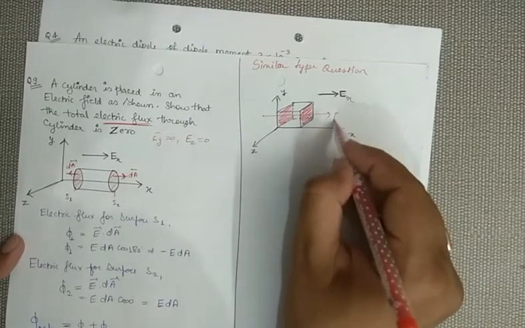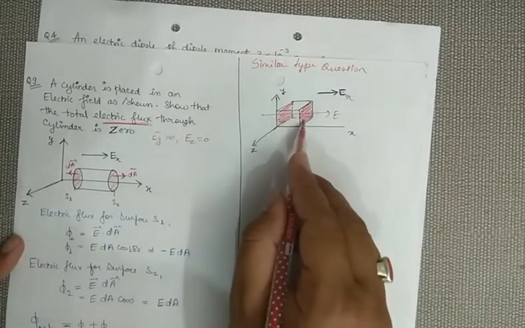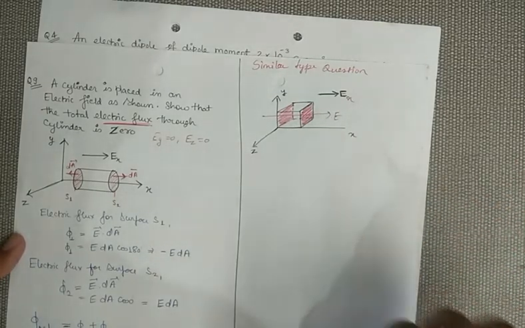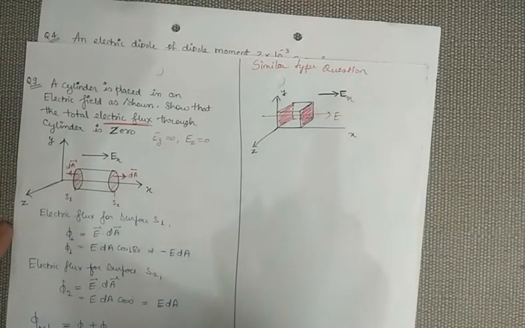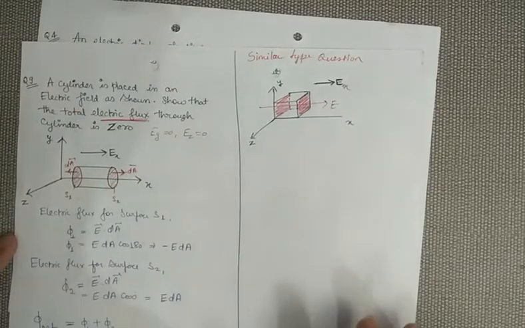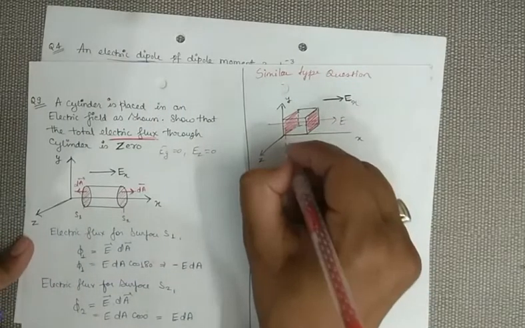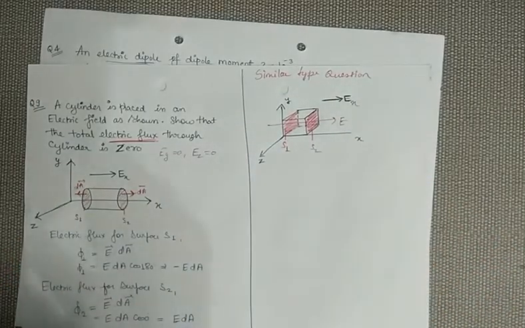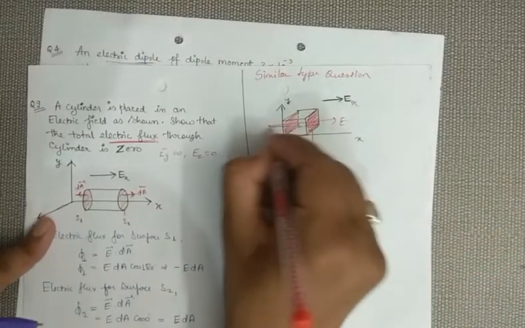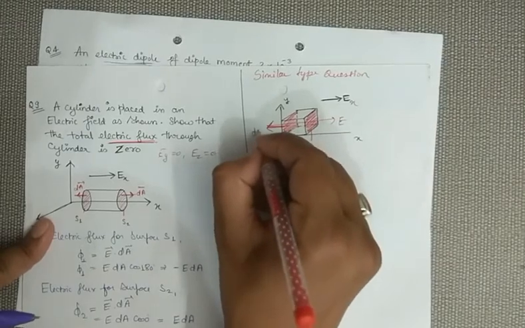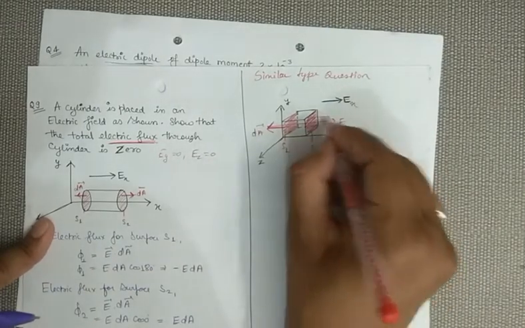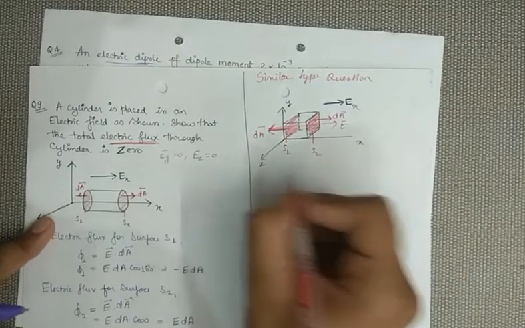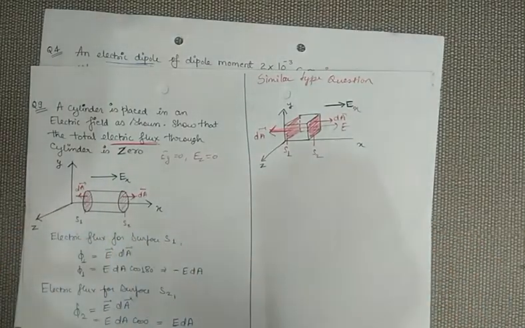This will be the direction of the electric field, crossing these two surfaces perpendicular, and for all remaining surfaces it will remain parallel. Again I am saying, we only take those surfaces from which electric field lines are passing perpendicular. So just consider the two surfaces. This is surface S1 and this is surface S2. The area vector of this surface is outward, meaning in this direction, and the area vector of the other surface will be in this direction.